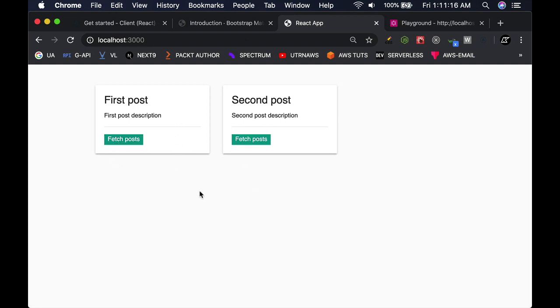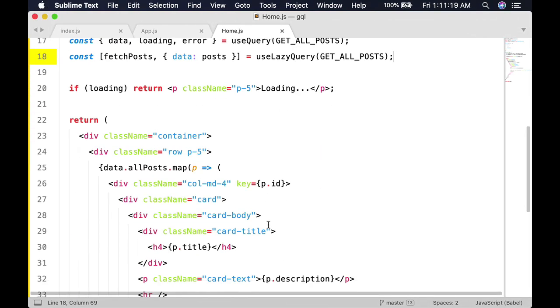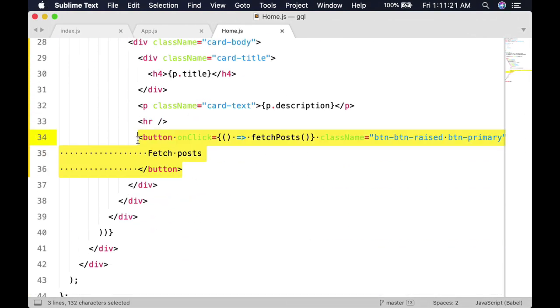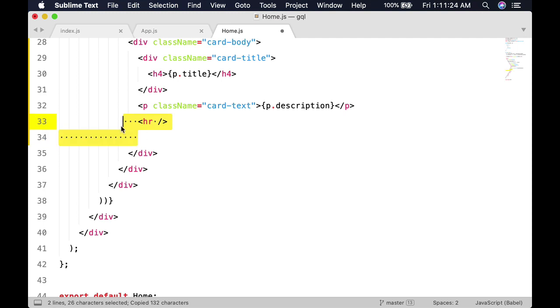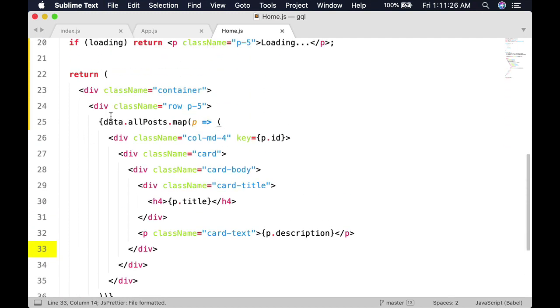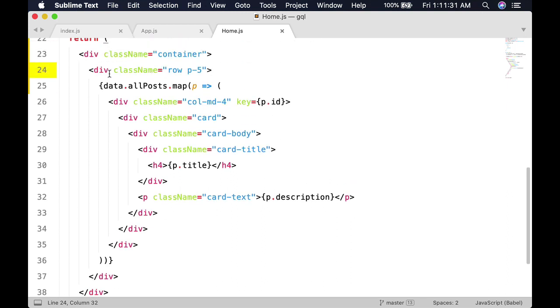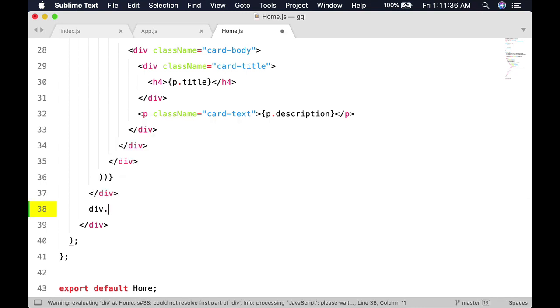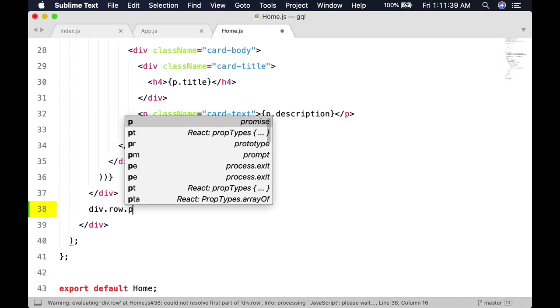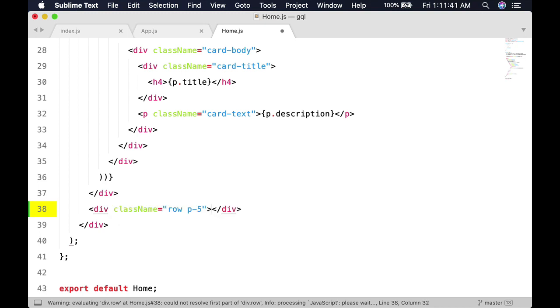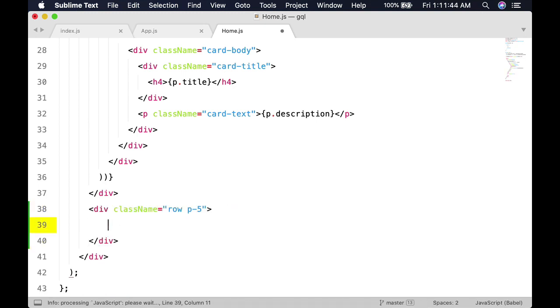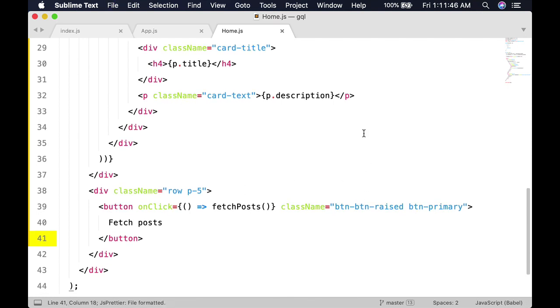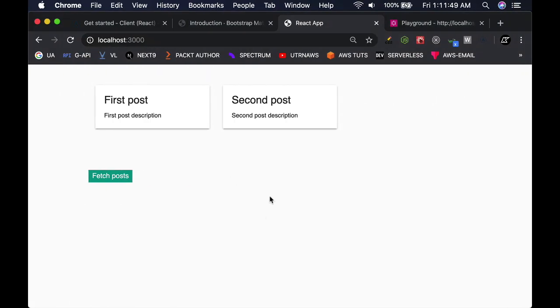Fetch post shouldn't be in each card. Let's actually take it out. Let's get rid of the horizontal line. So we have got container row, we got this div. Let me put it right after this div. Again, div with row, padding 5, and then let's put here. Okay, just so that it is in a different line. Perfect. Now if you try,